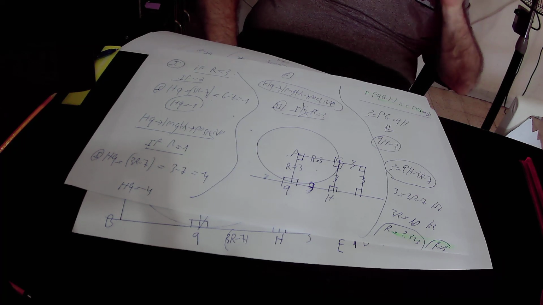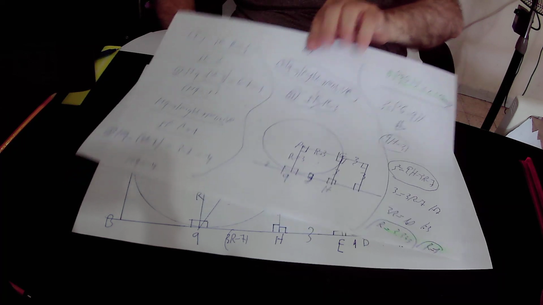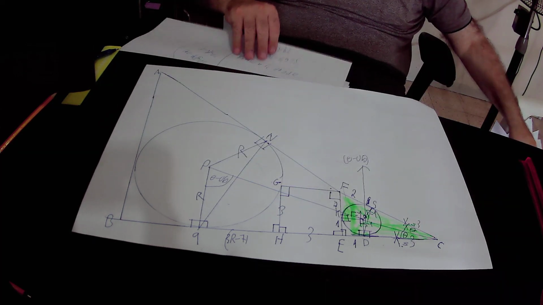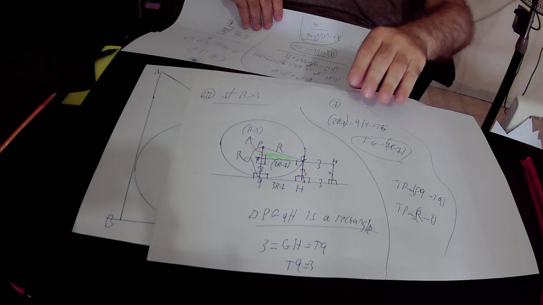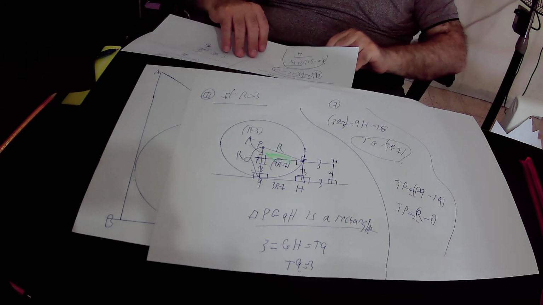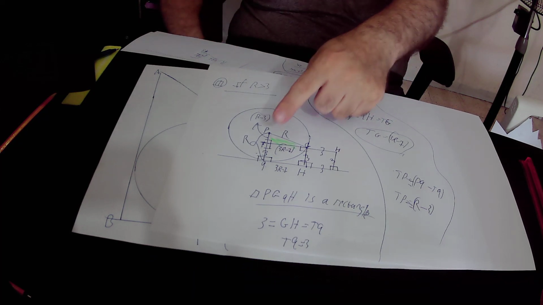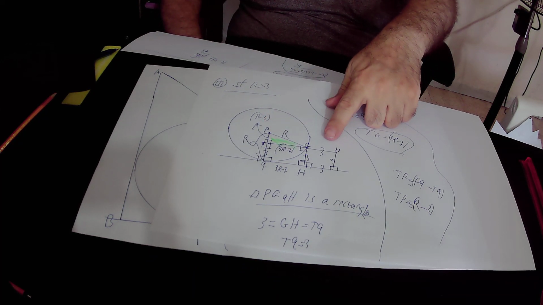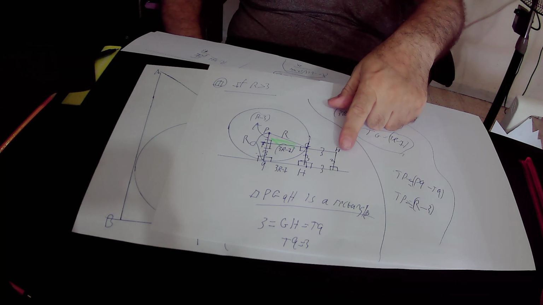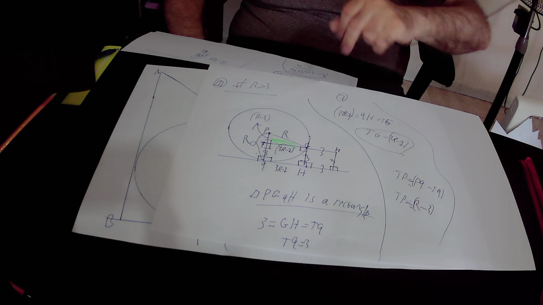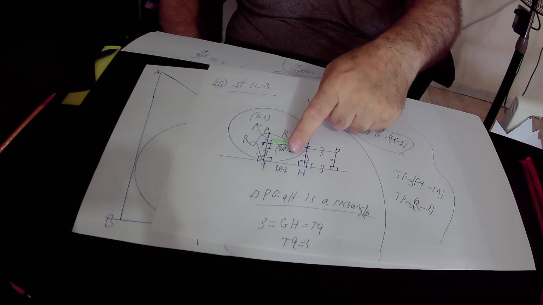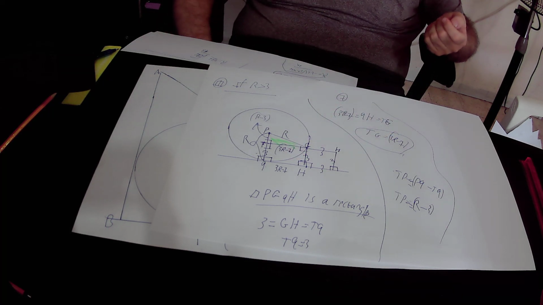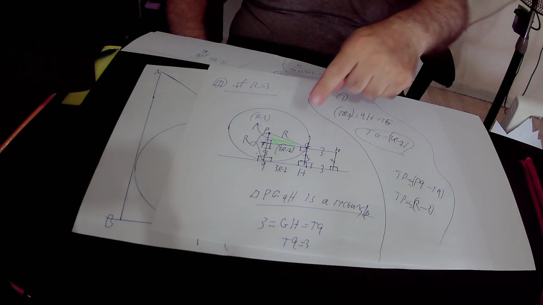So the only possibility that is left is that R is greater than 3 units. So if R is greater than 3 units, then we will have here this circle. R is greater than 3, therefore this square is equal to 3. So all the sides are equal to 3. And again, we have here a rectangle, because it has quadrangle